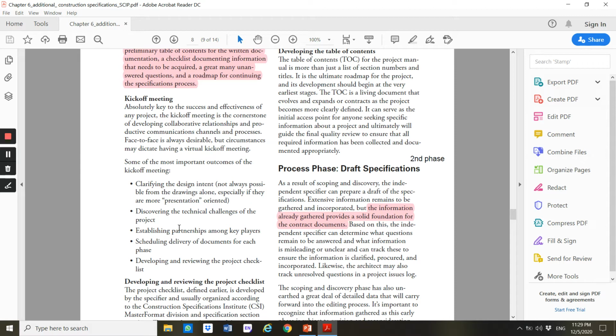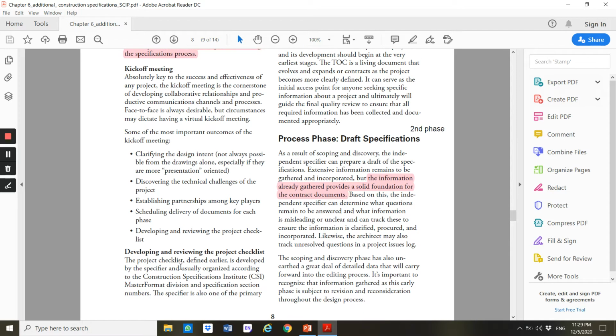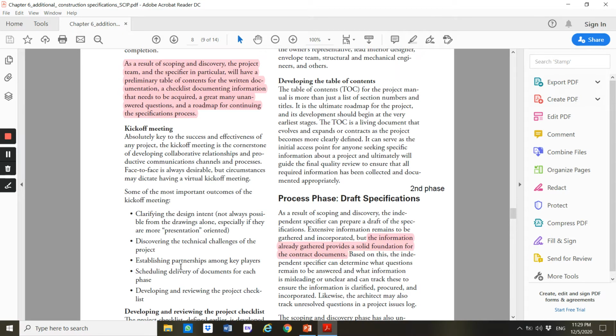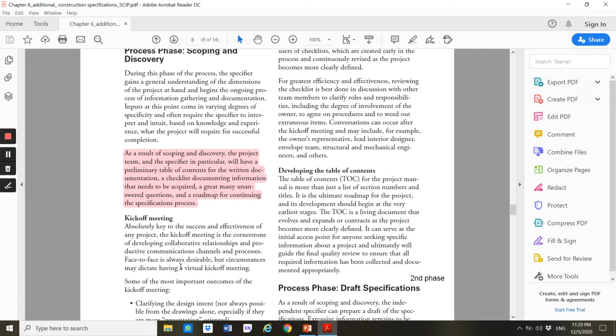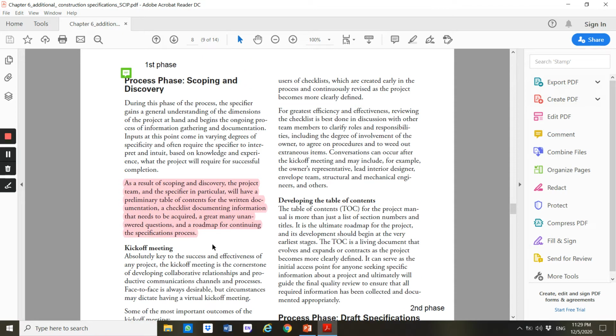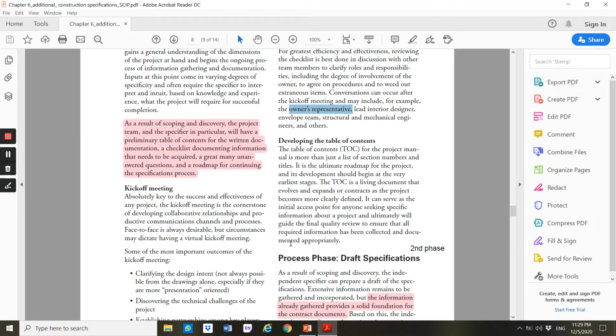They will have discussions and all sorts of questions. And then after that, they would develop and review the project checklist. So there is a checklist, they may want to converse with the client, ask the client back, the owner's representative, lead interior design, what colour is suitable. Normally they want suggestions for the architects.